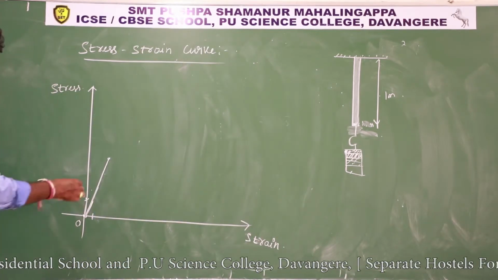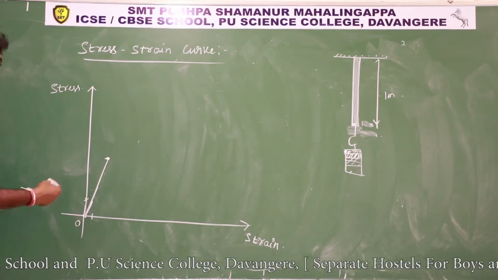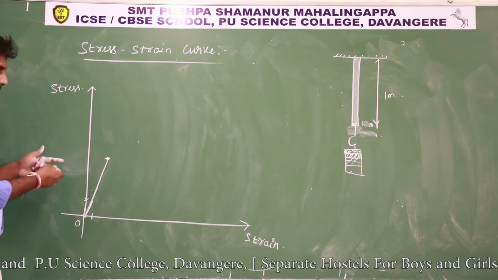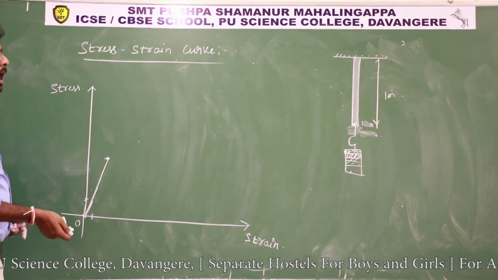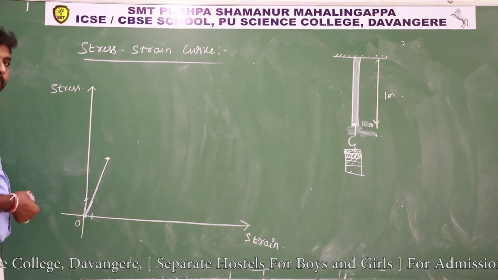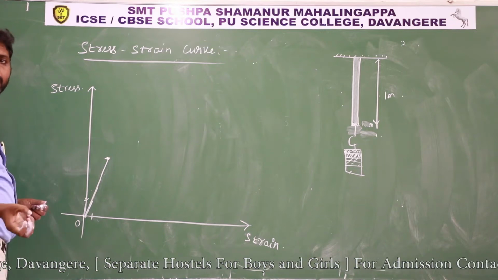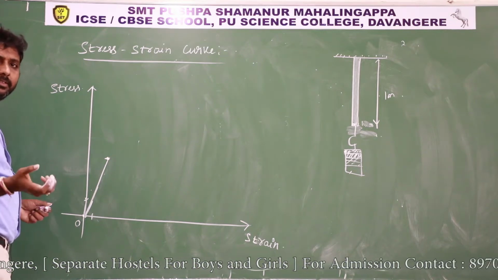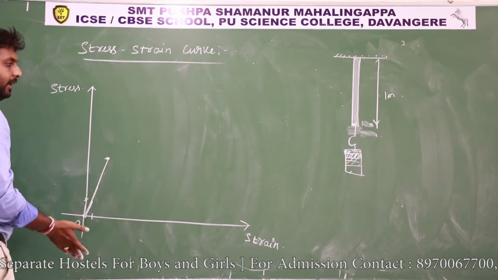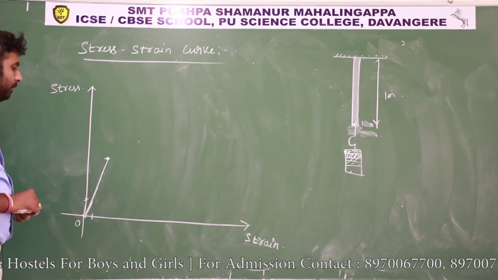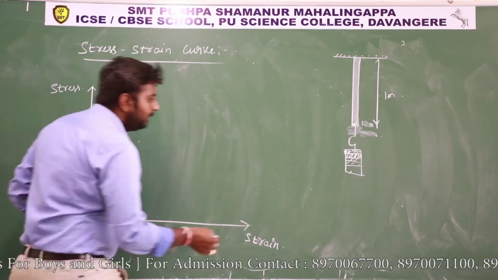So here I can say that stress is directly proportional to strain, and also if you remove the blocks, that means if you make stress 0, the strain produced is also 0. And after 5